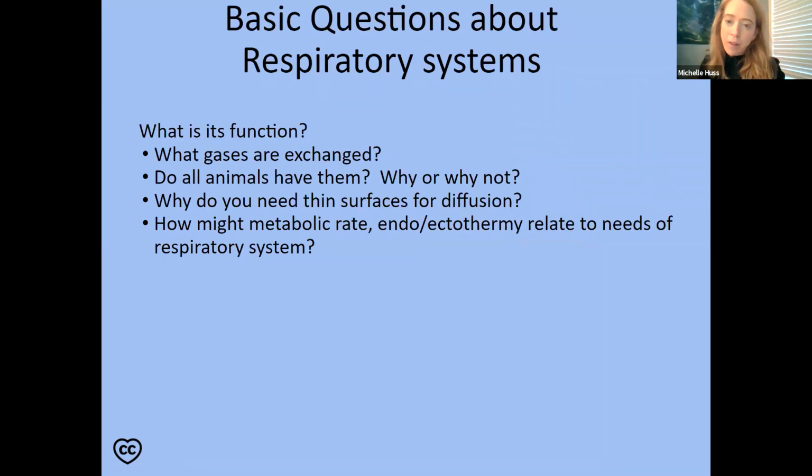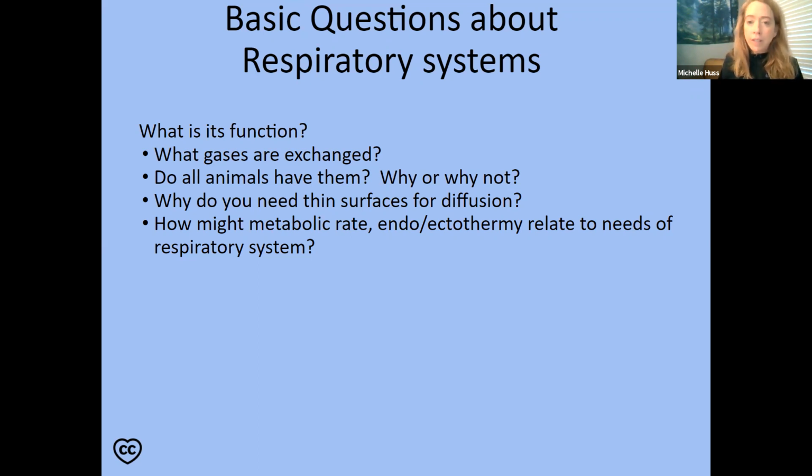Okay, some basic questions to think about. Don't forget you have your lecture notes out. You can always stop. But what is it? What does it do? Why is it there? So, as you take a breath in, what are you taking a breath in for? Like, what is this whole thing for? Why are you taking this breath in? Because you're doing it all day, right? What's the point? I bet you know.